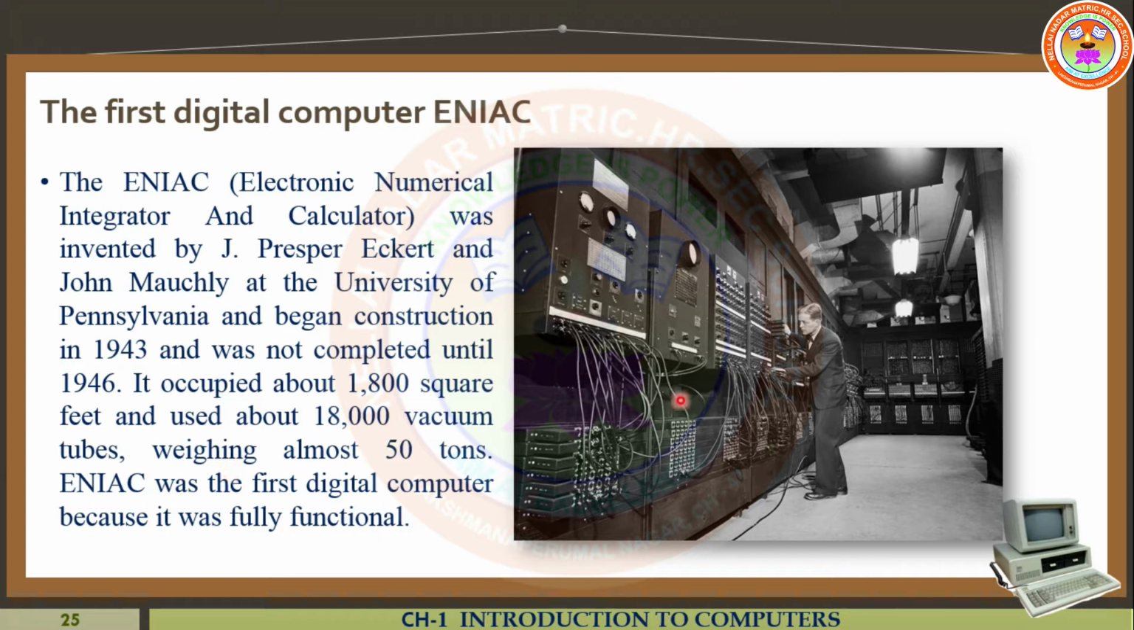Okay, so this is the information regarding the first digital computer. The name is what? ENIAC. That means Electronic Numerical Integrator and Calculator. Don't forget, my dear students. Right, now today we are going to start